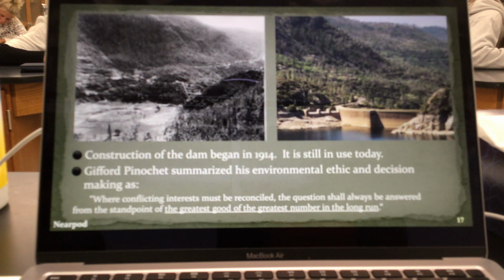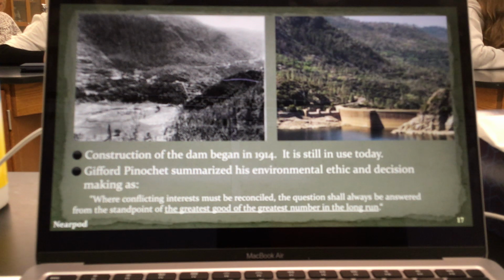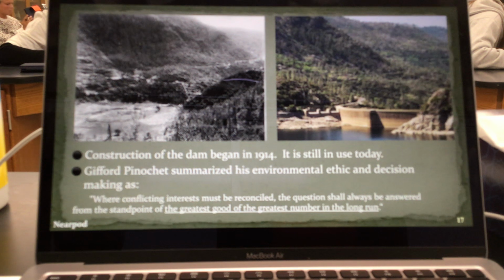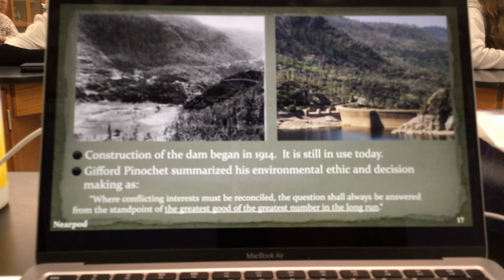And then the second part of number 10 says, describe the conservation ethic philosophy that decision was based upon. That matches Gifford Pinchot's statement in his environmental ethic decision, right? I'll break his quote down a little bit so you can understand it. It says, where conflicting interests must be reconciled, right? So there was conflicting interest. You have the city of San Francisco in need. They wanted to build this dam. They thought it was the best solution. And then you had the conservation side saying, no, we can't have you do that because it's going to destroy it. We have to come up with a different option. So there was the conflict, but it needed to be reconciled. There had to be some kind of reconciliation to move forward.